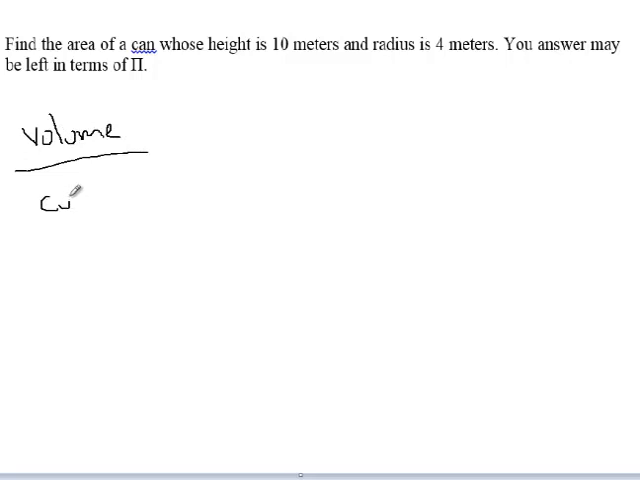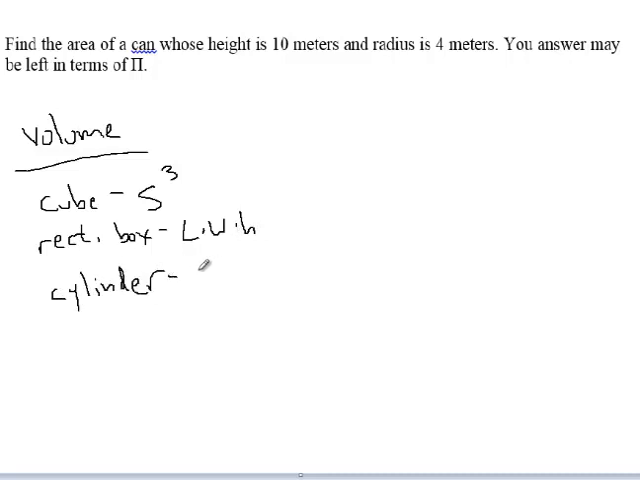For a cube, which is a box that's exactly equal on any side, it's any side to the third power, because all the sides are the same. For a rectangular box, it's the length times the width times the height. In other words, all 3 dimensions multiplied by each other. For a cylinder, like a can, it's pi r squared, which is the circular bottom or the circular top, times